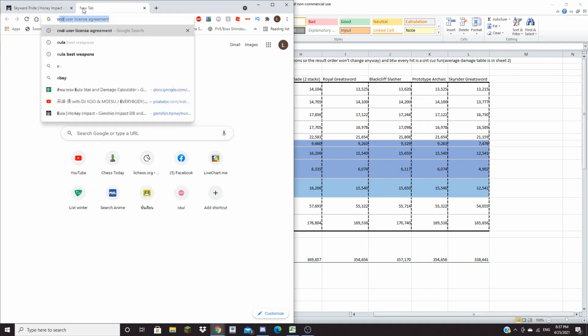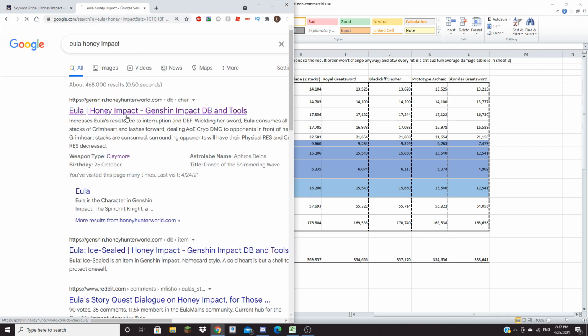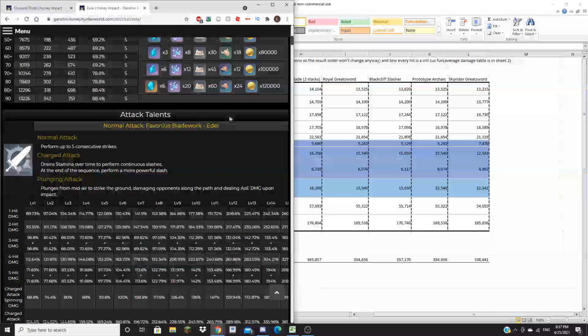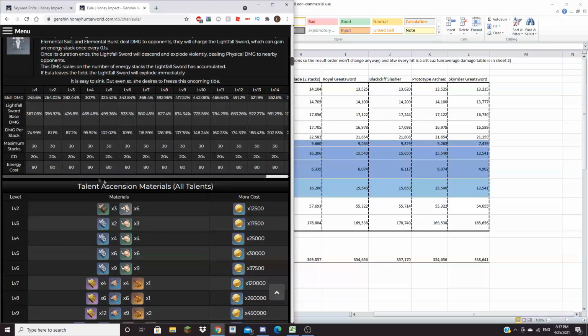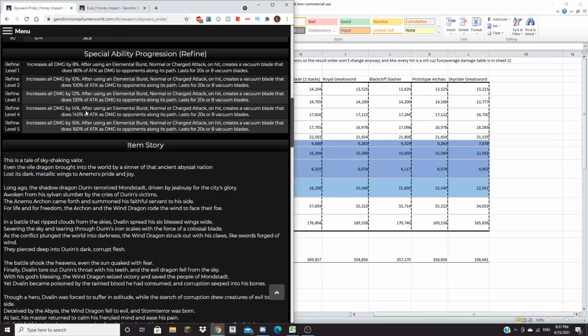Now this would not really matter most of the time. However, with Eula it does, because Eula's ult is 80 energy cost. So that's pretty dang impactful. And the passive as well is also really good because it increases all damage by 8%